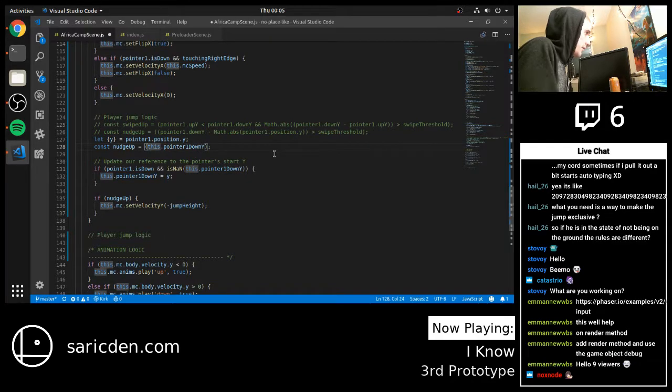So not isNaN. So that means it is a number. So if pointer 1 down y is a number, and the rest of our condition being y is greater than,